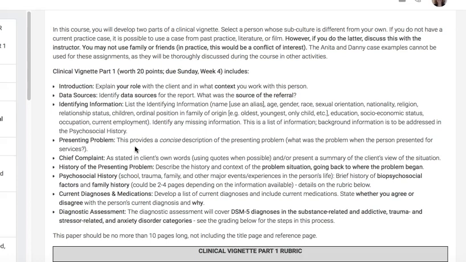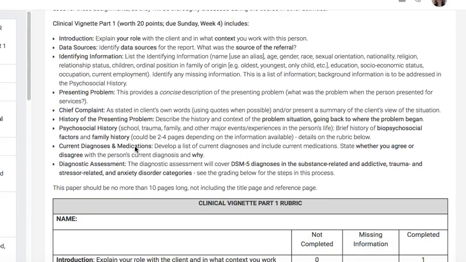I'll help you. Okay, so in the first part of the vignette, you are covering background information. So this helps us to begin to organize how we are explaining what is happening for a person. It is very much a part of the assessment. It also gives us some clues to whether or not the person has some risk factors for any kind of mental health condition.